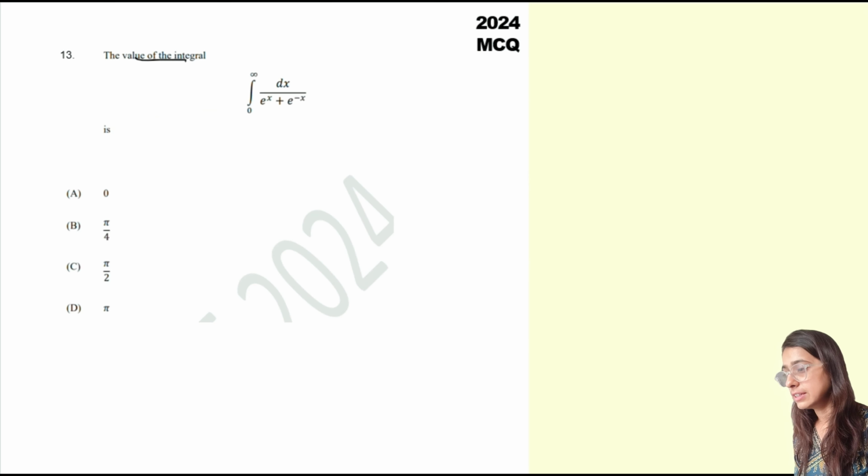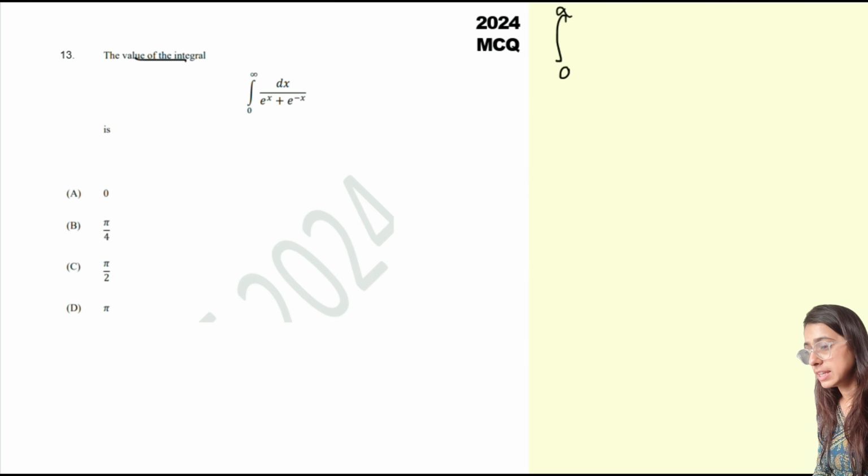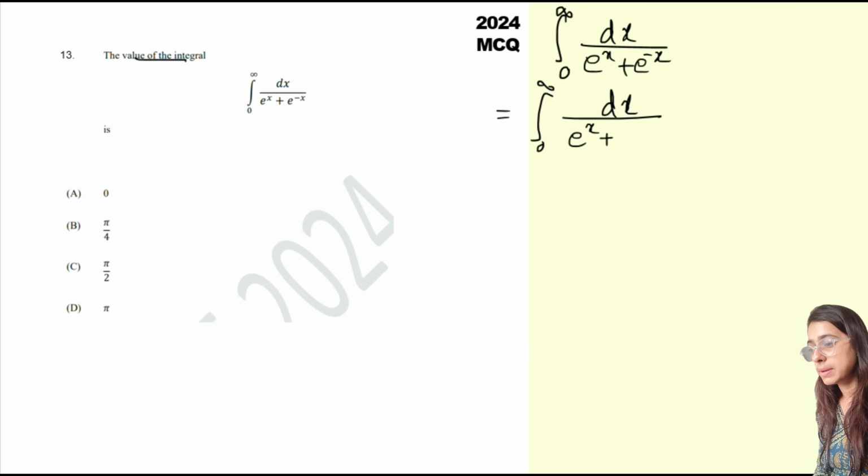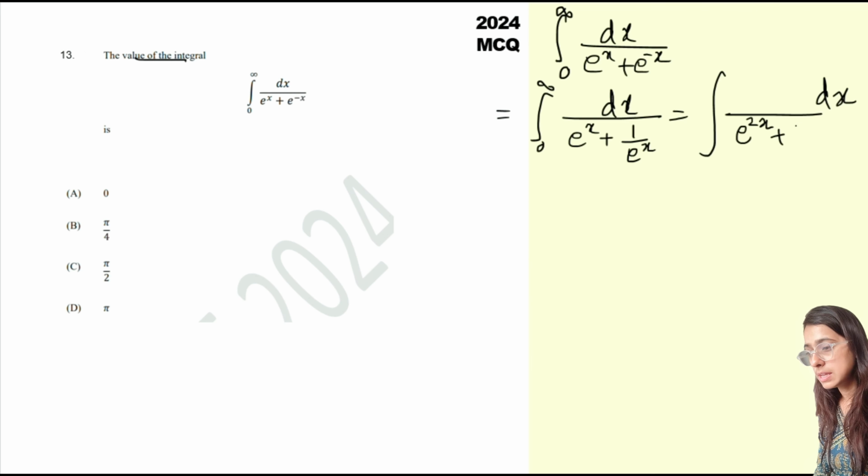The value of the integral from 0 to infinity dx upon e raised to power x plus e raised to power minus x is. So we will get e^x plus, we can write this as 1 upon e^x. We will get dx. Here this will be e^x squared plus 1 upon e raised to power x. Now this will go to the numerator. So we will get e raised to power x and